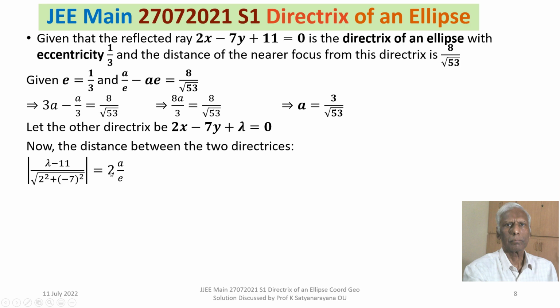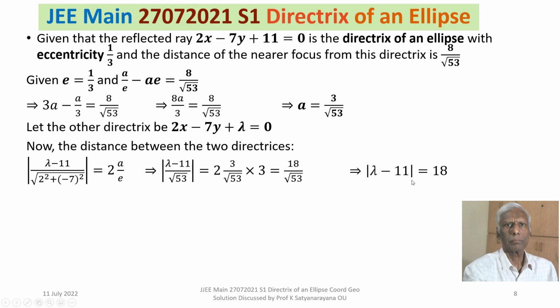We have seen it is 2 times a/e, and that will imply modulus of (lambda - 11)/root 53 is equal to 2 into a, which is 3/root 53, into 1/e, which is 3. So 2 threes are 6, 6 threes are 18, 18/root 53, root 53 cancels,